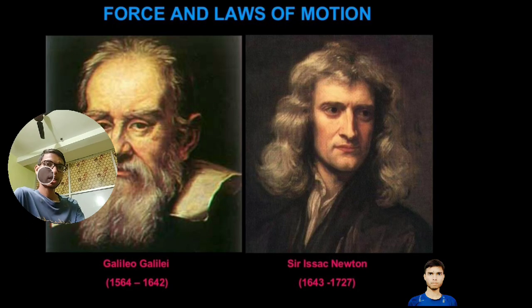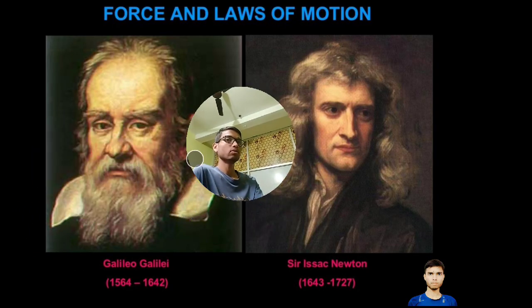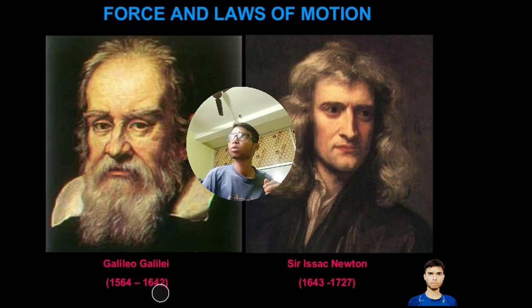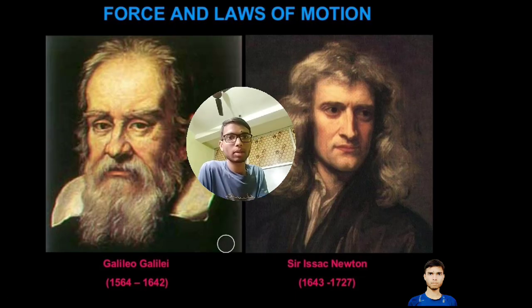Here, as you can see, we have two figures. We are starting with the introduction of the scientists. These are the scientists who discovered something that we are going to explore in this slide. The name of this scientist is Galileo. I am not able to pronounce this correctly. If you can pronounce it correctly, then you can.